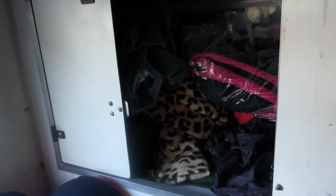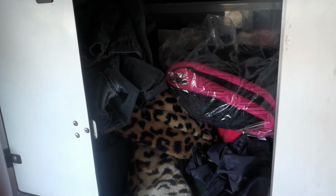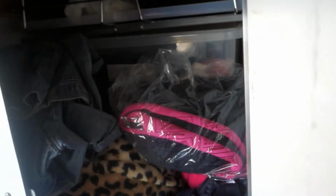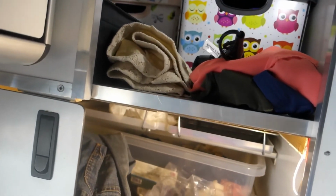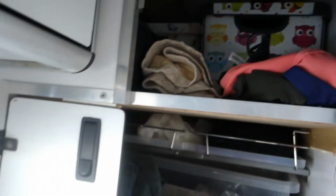Just keep going through the cupboards. This cupboard is basically clothing. It's quite deep, quite big. This is the only access I could design for it, going in this way right through to the back. So there's like a double layer of boxes and clothing and stuff in there. Alright, and that's got a light on it which comes on and off. I've still got some holes to fill in the ceiling, but that'll get done one day,